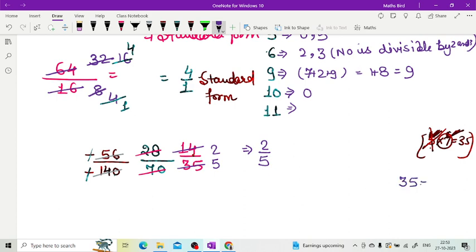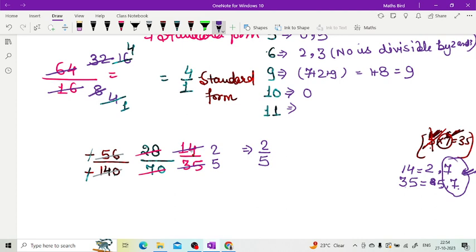Either we can find out the factors of 35 or we can find out the factors of 14, right? Why are we doing this? Suppose you forgot the number by which 14 and 35 are divisible, then what will you do? 14 is divisible by 2 and 7 because 2 sevens are 14. 35 is divisible by 5 and 7 because 5 sevens are 35. 7 is common. That means 7 is the number by which 14 and 35 both will be divisible.